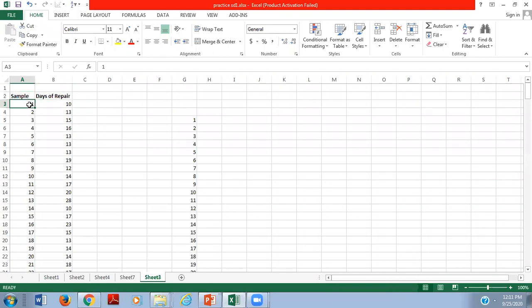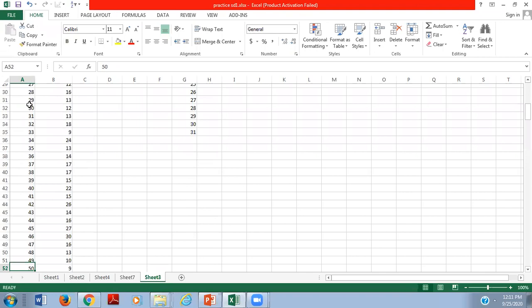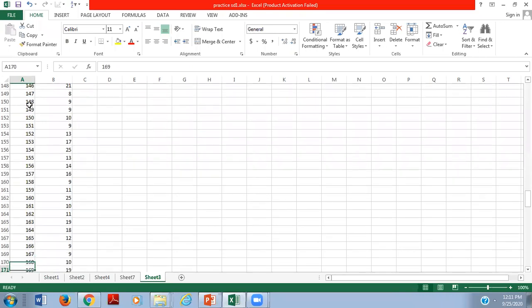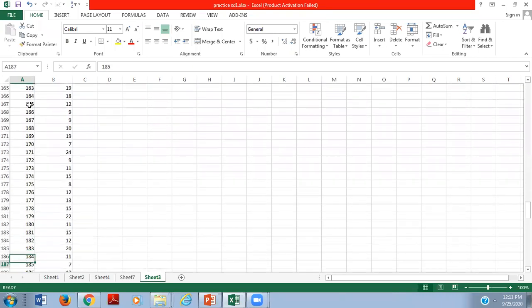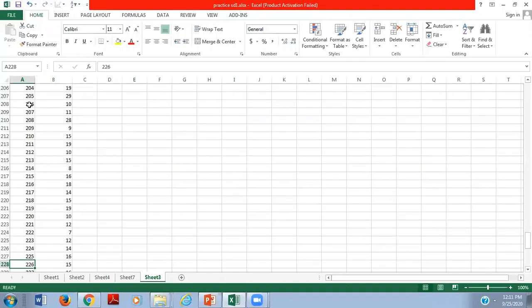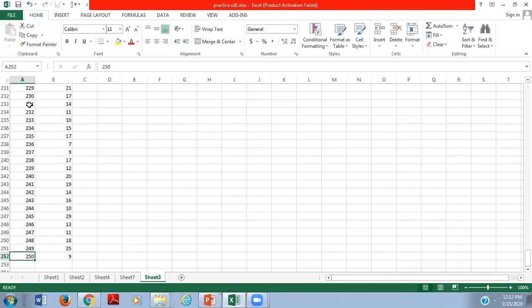We have total data of approximately exactly 250 customers. I made this data just to show you how to use a particular application for a particular purpose. So here the purpose is, if a new customer comes to you and asks in how many days you're going to repair my computer, then we will have a certain idea about it.